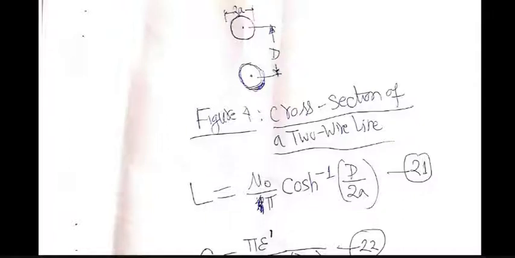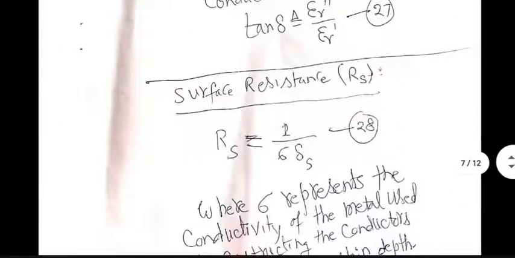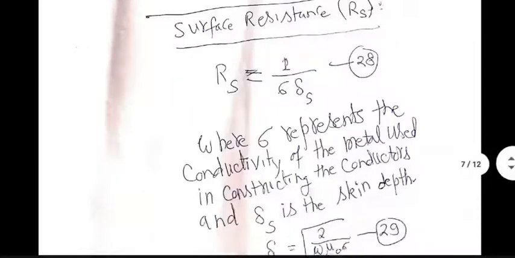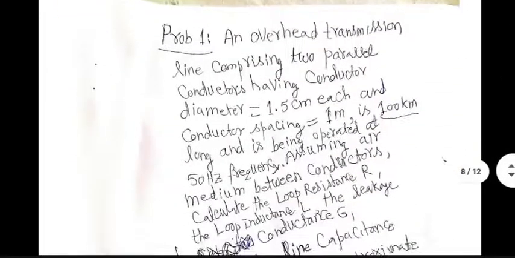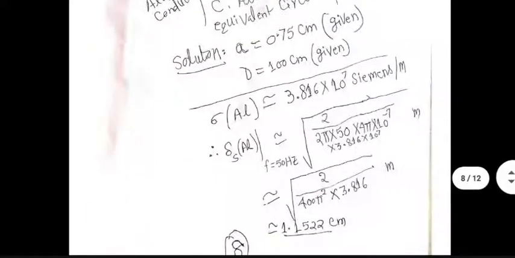R multiplied by the length of the line in series, L multiplied by the length of the line in series, and in parallel we have got G multiplied by length of the line and the capacitance multiplied by the length of the line. We have done all this in previous lectures also. And formulas for calculating RLGC have already been shown to you in the past. Probably this problem was already solved, so I'm not going to resolve it here.